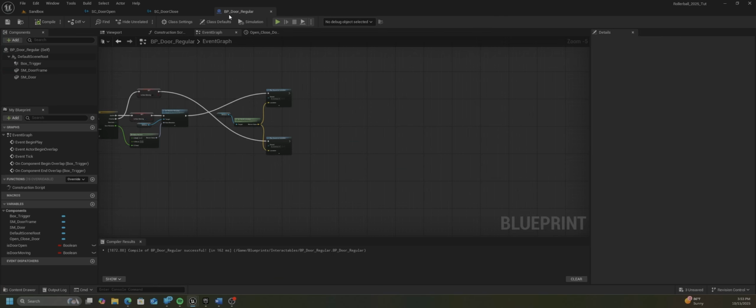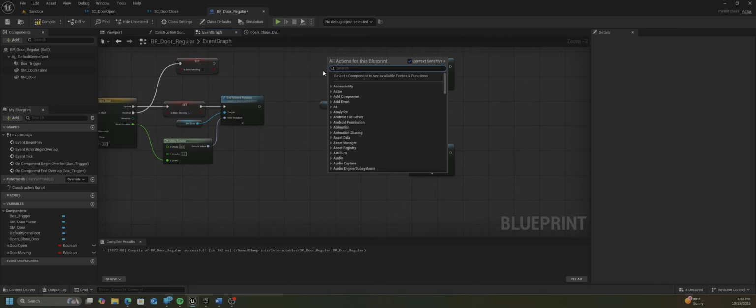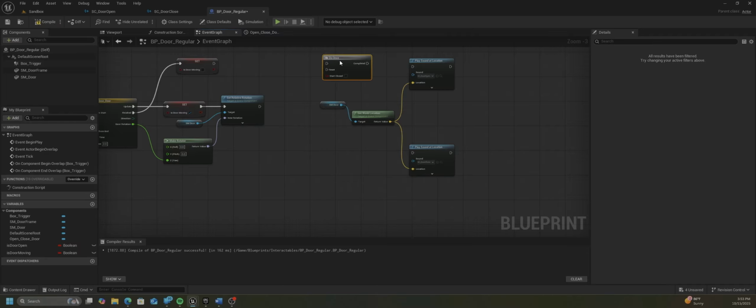So the way we're going to fix that is we're going to use a do once, okay? So for here, I'm going to go ahead and disconnect these. Hold the Alt button and disconnect. I'm going to right click and do a do once. And I'm going to select the do once, duplicate it and put it down here as well. And I'm going to connect it in, so that it only plays it one time when this happens. And then if we connect it this way, and again this way,